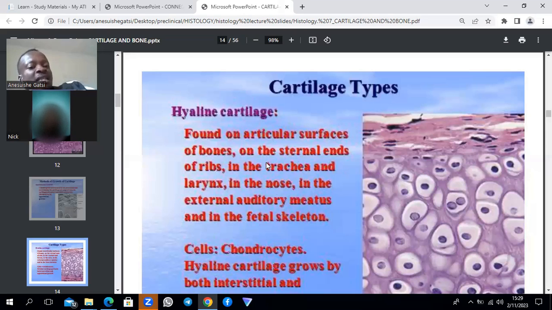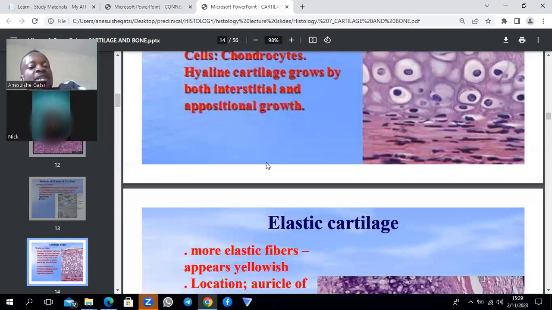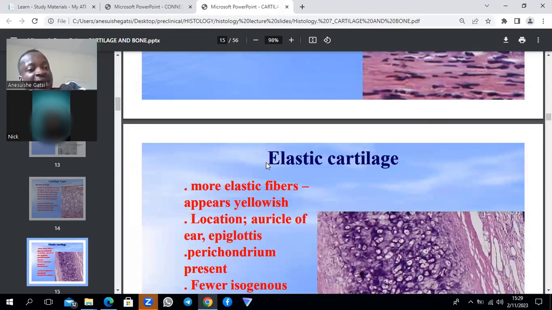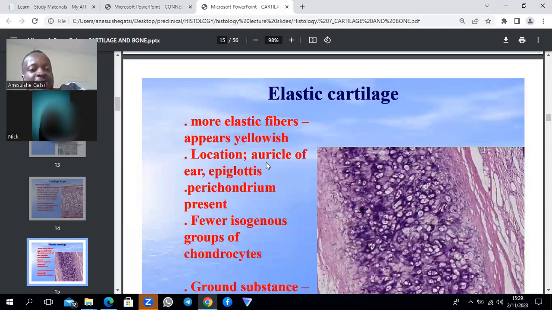But a typical synovial joint is almost always going to have hyaline cartilage coating its articular surfaces. Then there's some hyaline cartilage in the trachea. When you do respiratory, I'm sure you'll find that the trachea is made up of 15 to 20 C-shaped rings of cartilage. The costal cartilages that connect the rib to the sternum are hyaline cartilage as well. I'm just mentioning a few examples. Then we said hyaline cartilage can grow by both appositional and interstitial growth. Elastic cartilage,